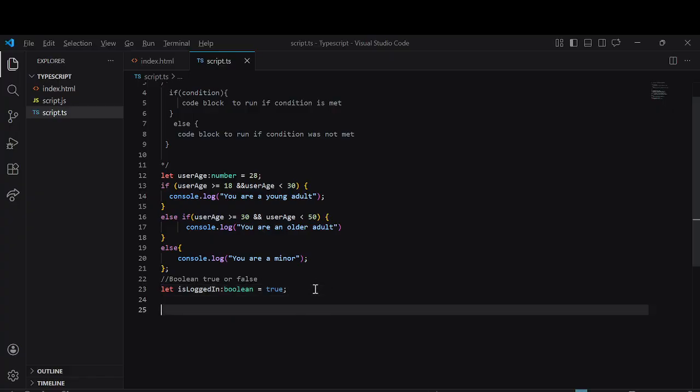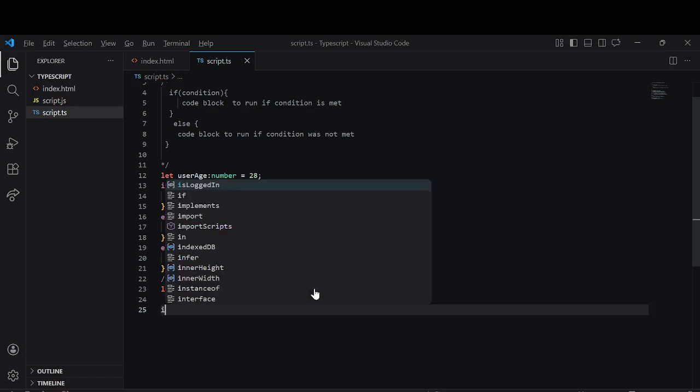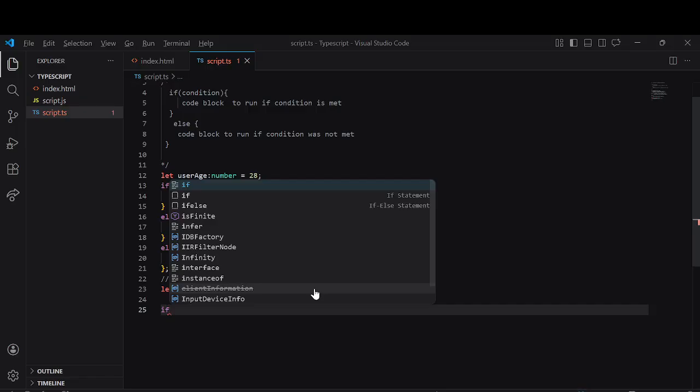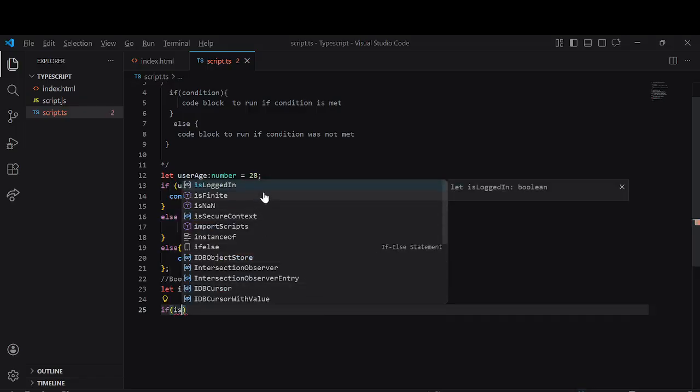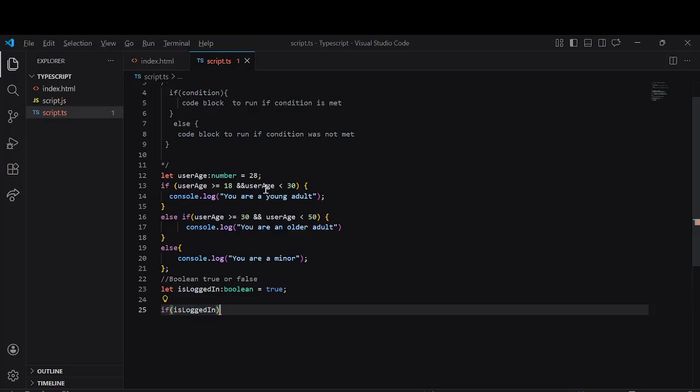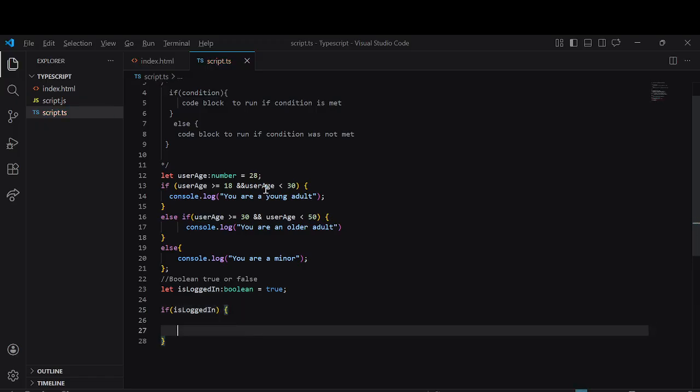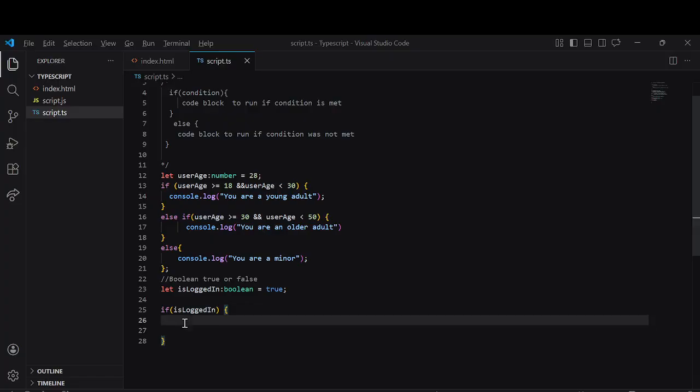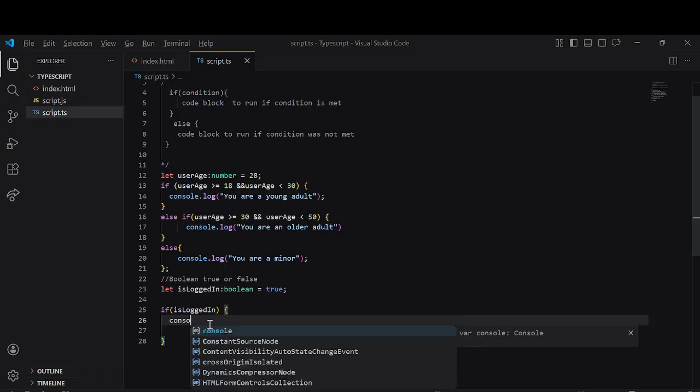So we come and we check. We also want to see how conditional statements work on boolean. So let's see if it's logged in. Don't forget isLoggedIn is true. The condition here is check user login. So we say if isLoggedIn, and don't forget isLoggedIn here is assigned the value of true. That means the person is actually logged in. So if isLoggedIn is true, console.log